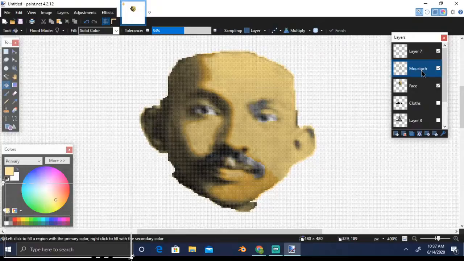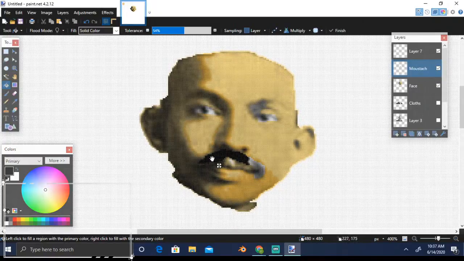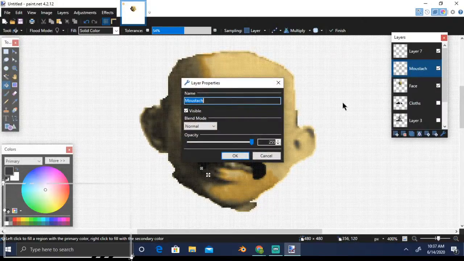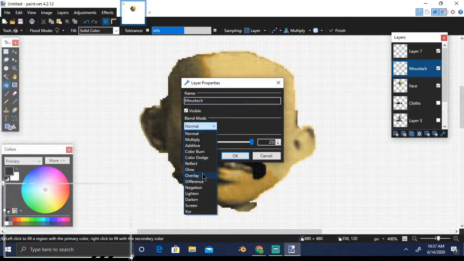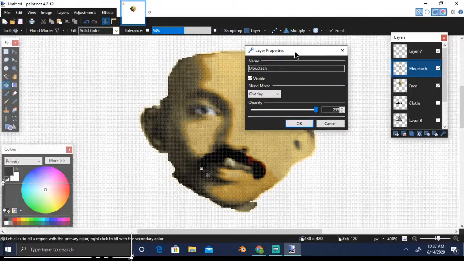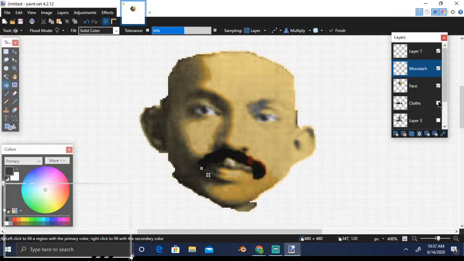Let's try to color the mustache black. So we are on the mustache layer, and let's color this. Okay, and again, see what happens on the overlay. Okay, so eyes are back, and let's see the whole thing.